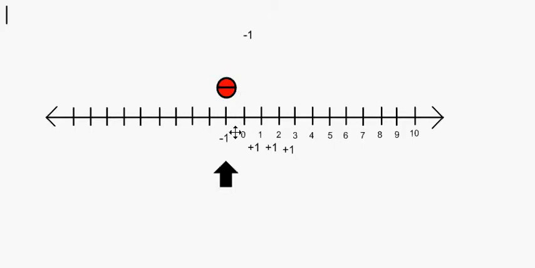If I want a -1 from here now, and I want a -1 going to the left, I'm going to end up here at what we call -2. And therefore, I would need another one of these on this side. And if I was to subtract 1 again, that means I'm going to move from here to here. I'm going to move over to the left now. I'm now going to be at -3, and I would need to have 3 of these on this side of